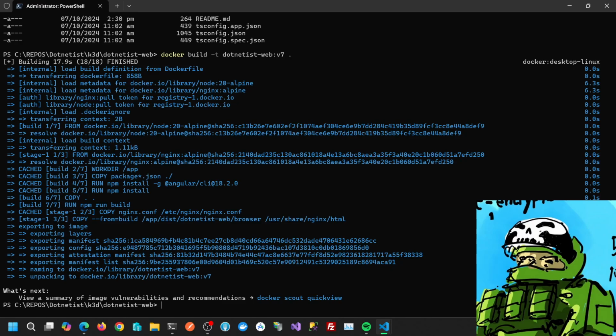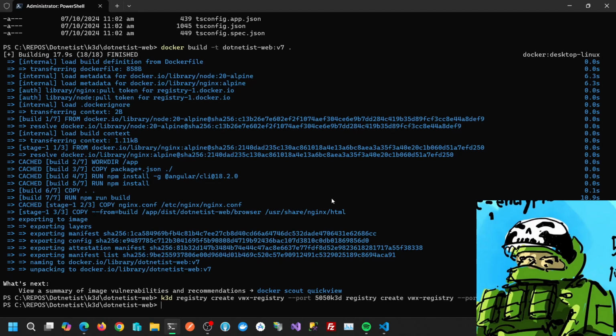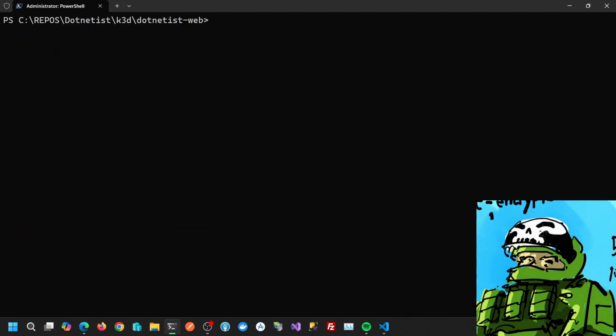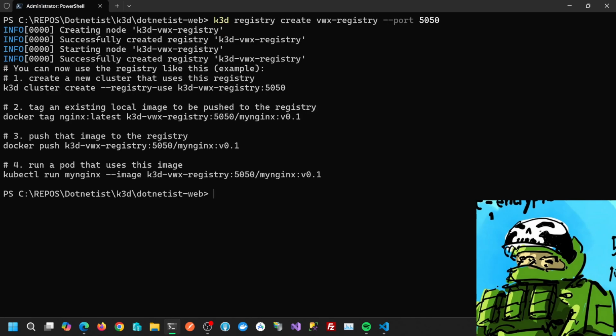Next we're going to create a registry in our K3D. Okay, so next we're going to create a registry. We're going to call it VWX-K3D, and because that is already created, we are now going to